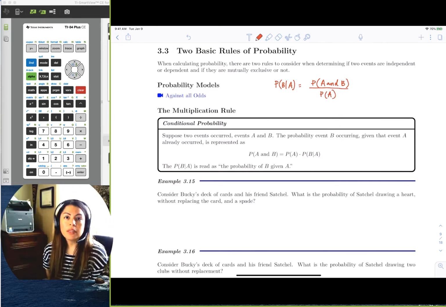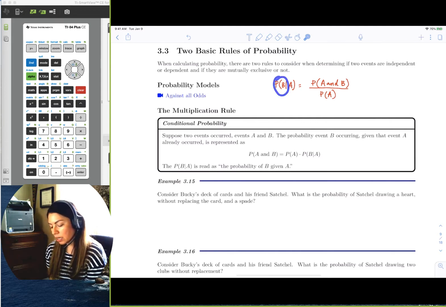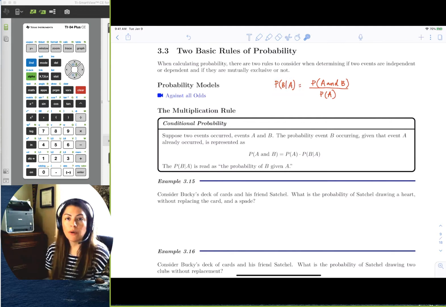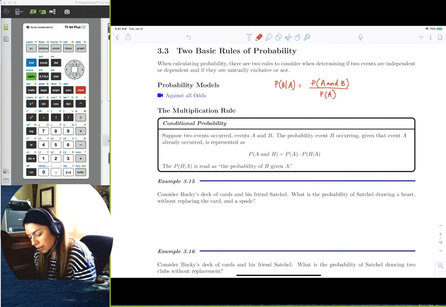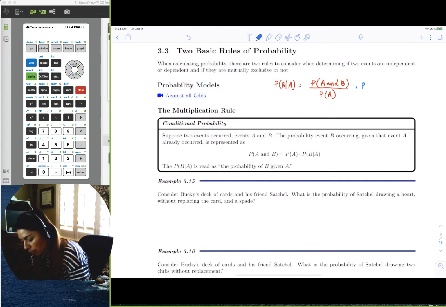We did this with the contingency table with gender by the hand they write with. We asked, what's the probability that a randomly selected person is a woman given that they are right-handed? That's where this formula came from. But then let's just multiply each side, because probability is just a decimal or a small fraction, by this denominator